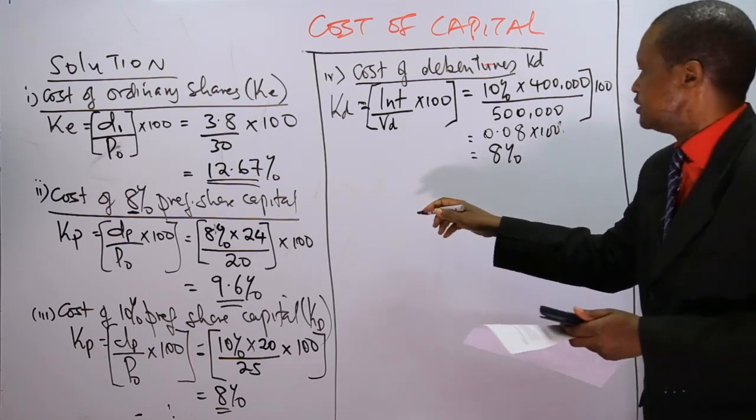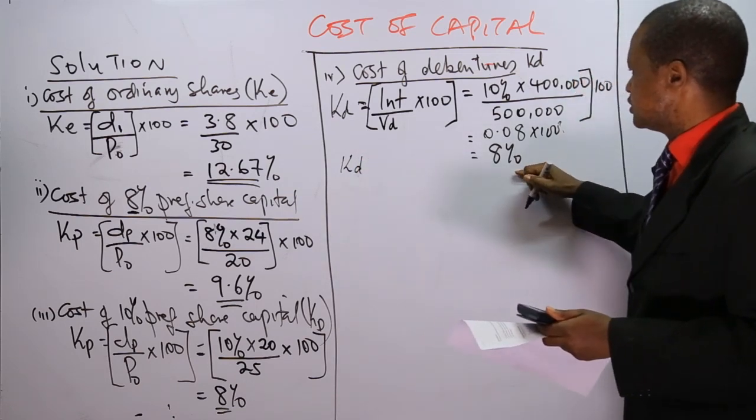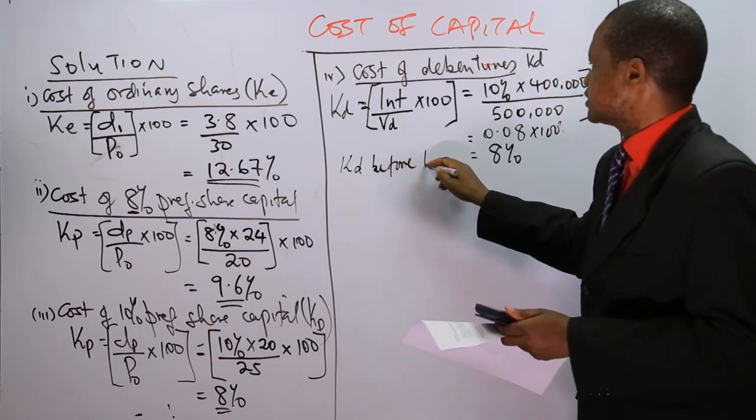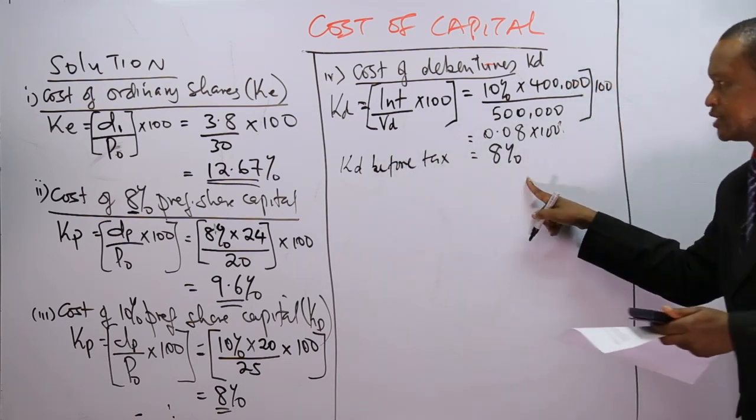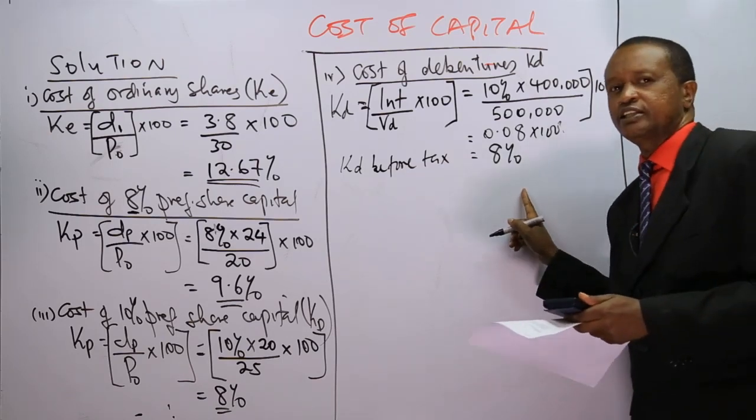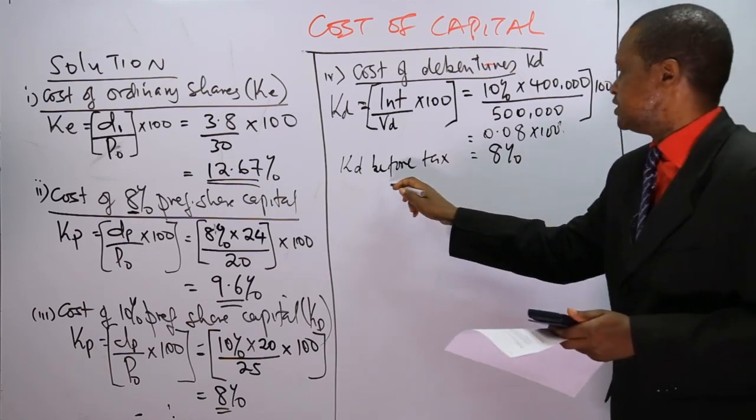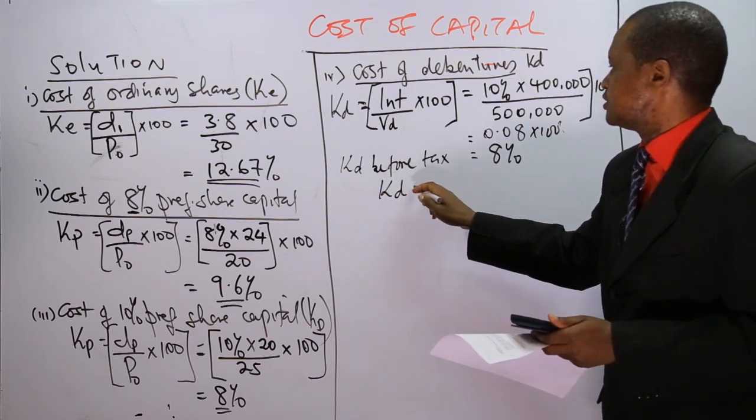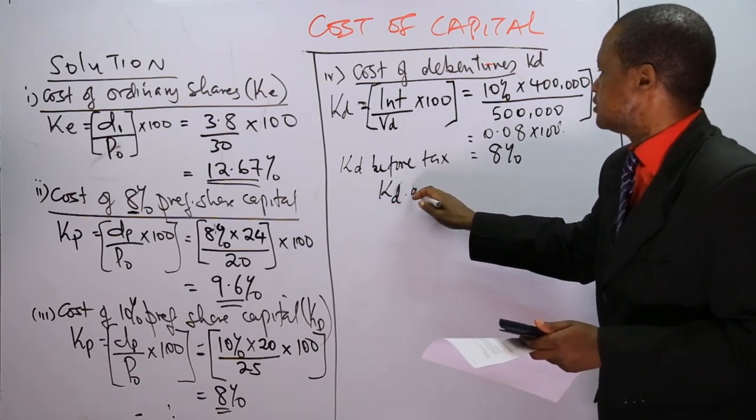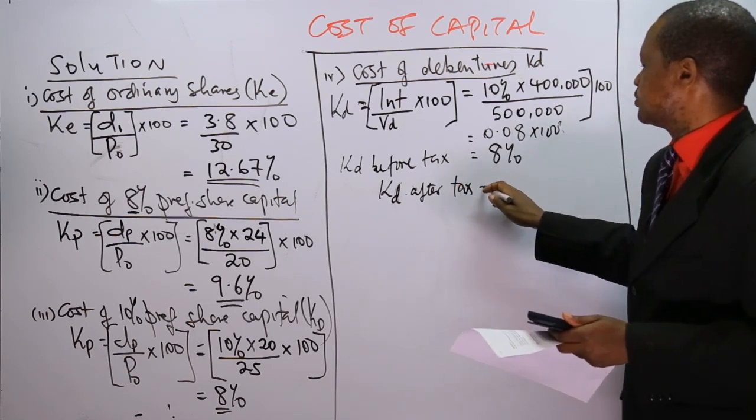So KD before tax is equal to 8%. But we remember we say that interest is a tax allowable expense. So KD after tax will be equal to